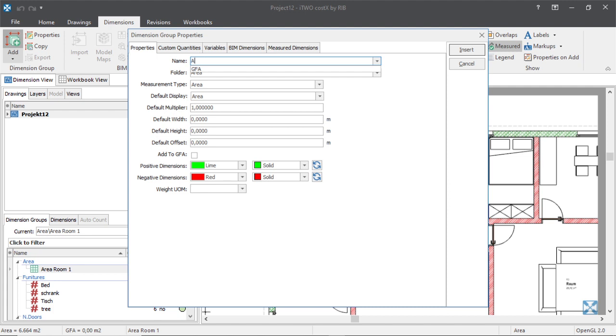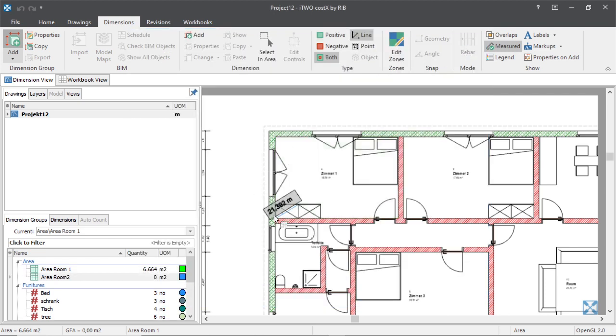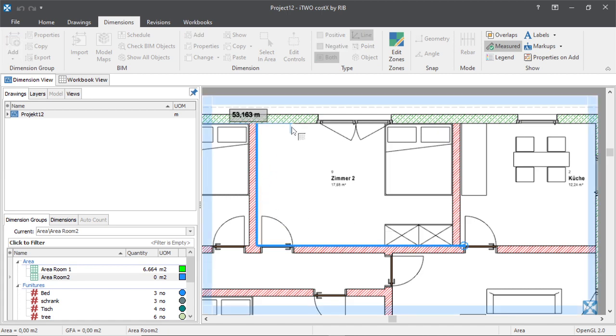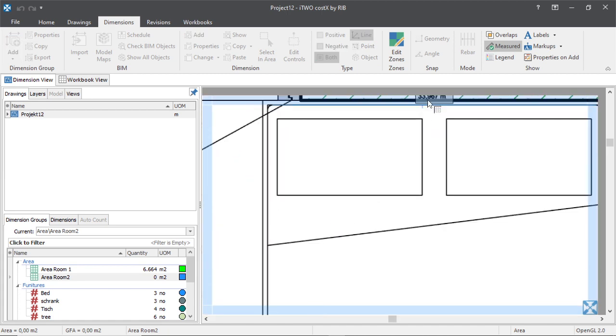Let's put area room 2, and when we finish, it's the same. We can change the color and maybe use this one. Okay, and when you finish, you can just click insert, and now we will have the area for room 2. Like you see, I will start again the same work,